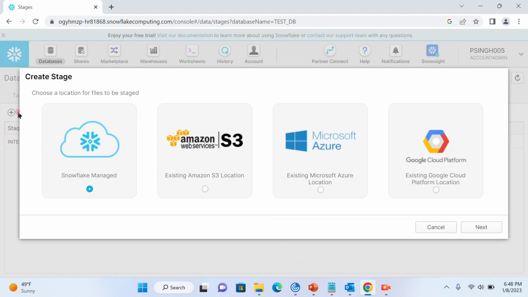click on create. We can create the stage in four ways: Snowflake managed, existing Amazon S3 location, existing Microsoft Azure location, and existing Google Cloud Platform location. These three are external stages, and the first is the internal stage. So I created the internal stage. I selected it, clicked next,